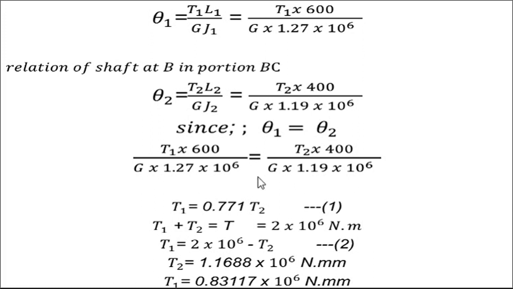From this, because we have already used the torsional equation, as we know that the angles of twist are the same for both of these, we equalize both of these equations, forming the equation in terms of the torque for both portions. And in this we already know that the total torque is a summation of the torque at one end and the torque at the other end. So after solving this, we will get T1 and T2.